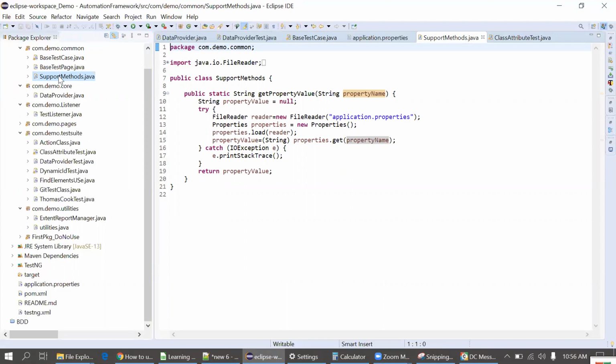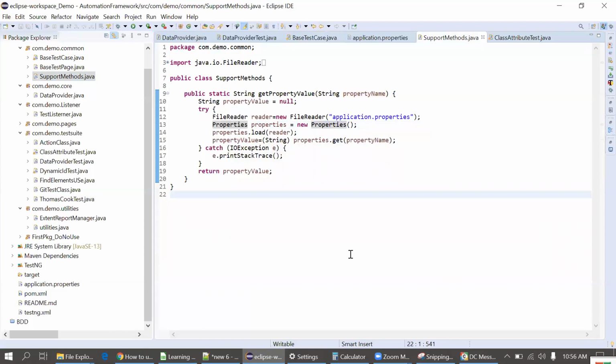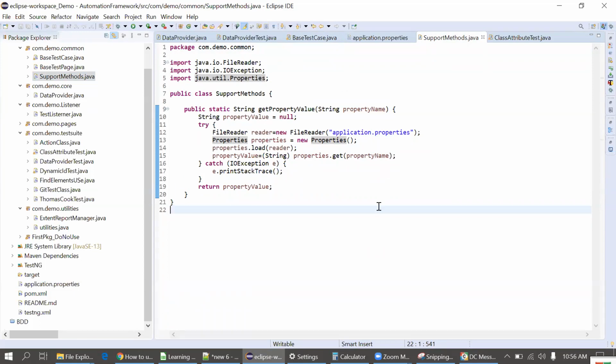Any question here, Diksha, in this class? Hello. Yeah, Nagendra, tell me. Where do you create the object of properties? Yes, the properties class. Whenever you are reading the values from the properties class, you have to create it.